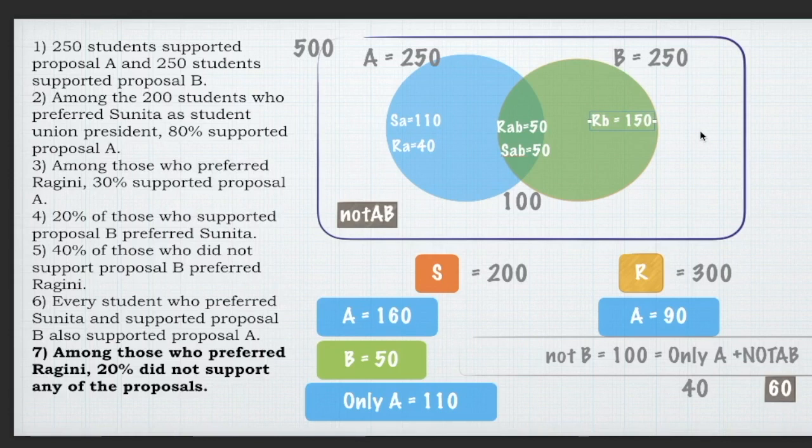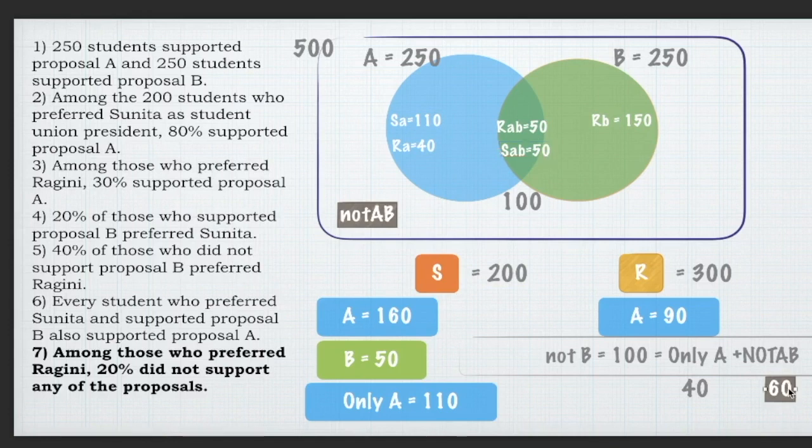And now I have all the information that is needed to answer everything. In fact, a couple of questions could have been answered even earlier, but I just wanted to run through everything. So you can check all the story for yourself. Maybe one odd piece might be missing. So look at S supporters. There are a total of 200 of them, 110 here and 50 here. So you have 160 accounted. What about the remaining 40?